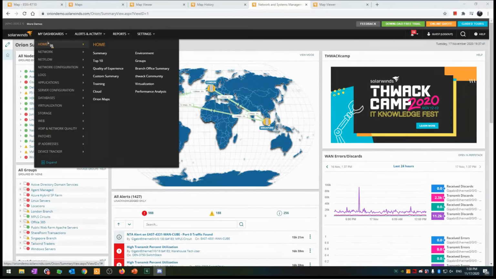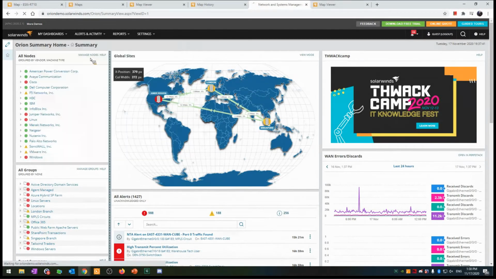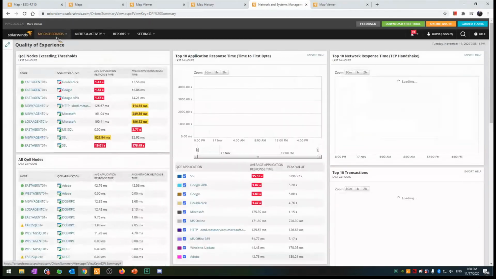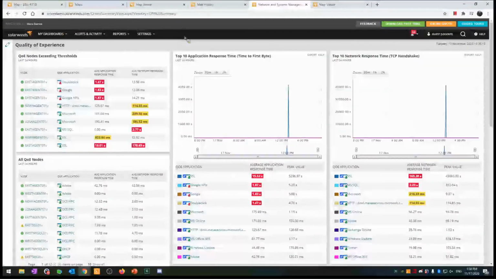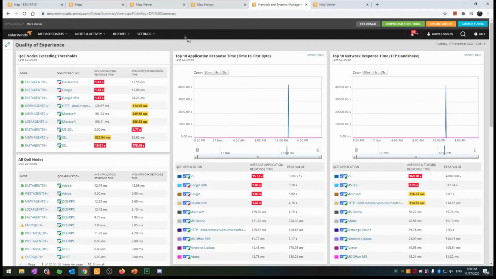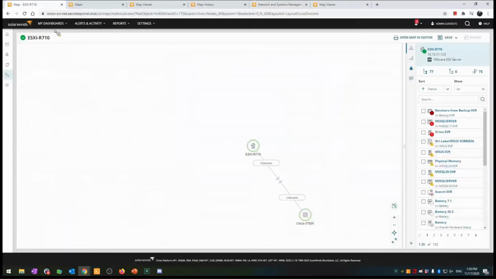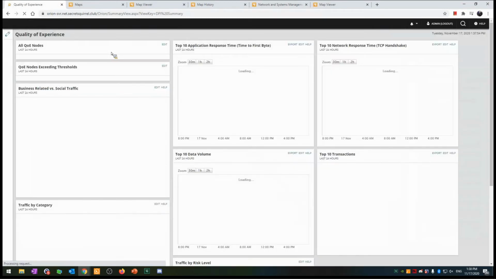Now, especially when we look at the different views here, when we're talking about quality experience, I always say there are multiple different ways of utilizing quality experience in the system. One way is by leveraging what we have in the system natively by monitoring or interrogating your network devices, your router, switch, firewall, or your servers. With our server and application or network performance monitor, we also have a quality experience tool that you can leverage to understand a little bit more about what's going on with system performance, or network versus server